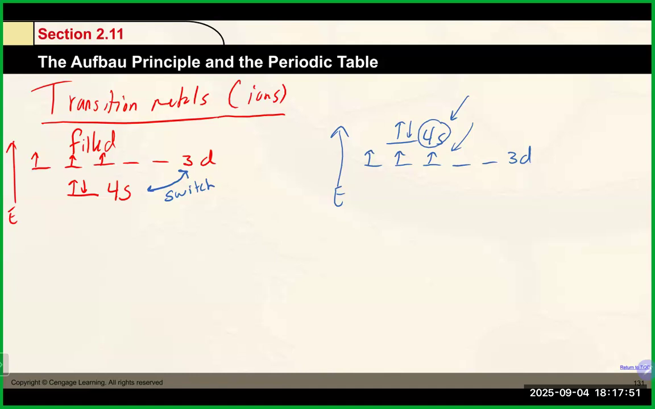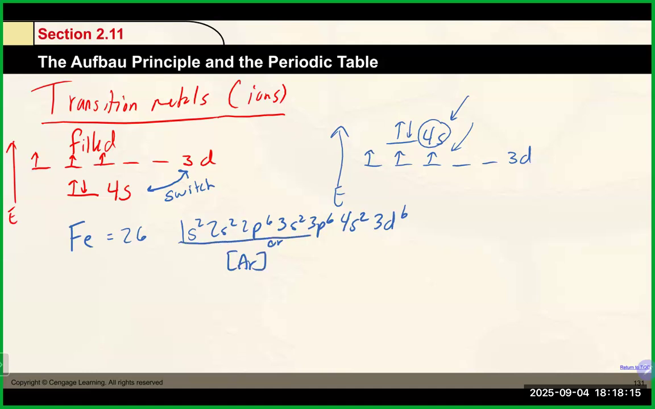Now, for example, if we took iron, which is 26, I believe, and we write the electron configuration again, 1s2, 2s2, 2p6, 3s2, 3p6, 4s2, 3d6. Again, you could also simplify it. That is argon through here, 4s2, 3d6. So, for example, when something like iron makes a +2 charge, which is a very common charge for it,